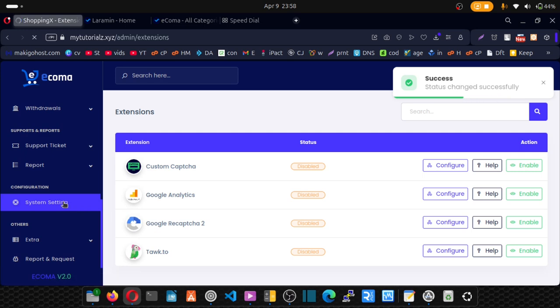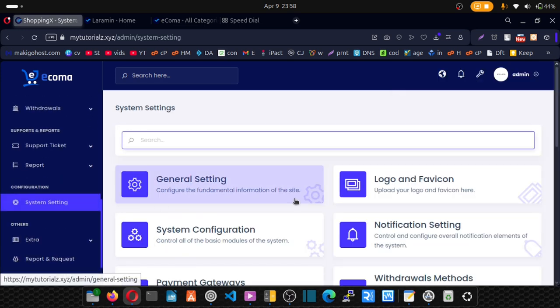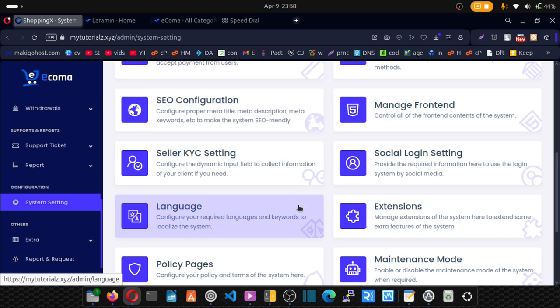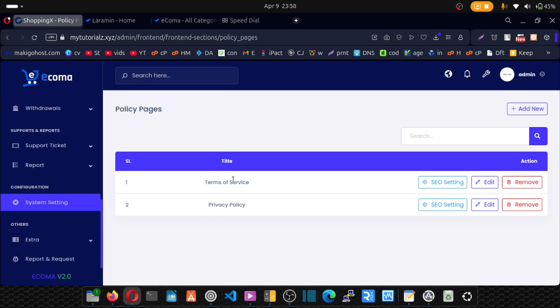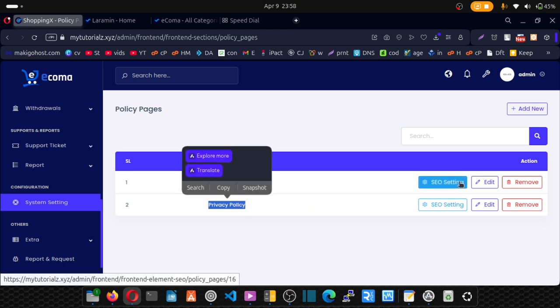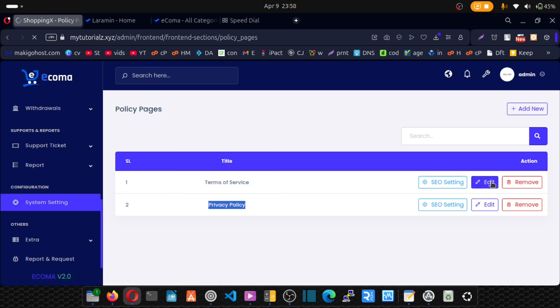Now let's go back, and I want you to come to policy pages, because this is where your legal pages are. You can add a new page by clicking here, but I want to edit my terms and conditions and privacy and policy. So just click on edit,